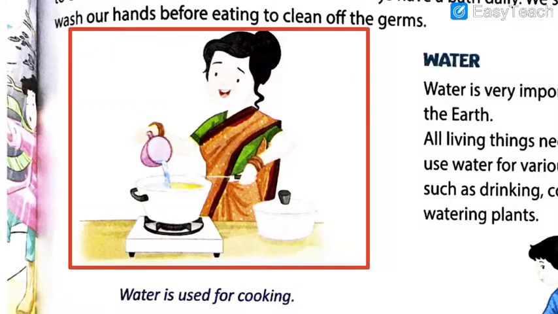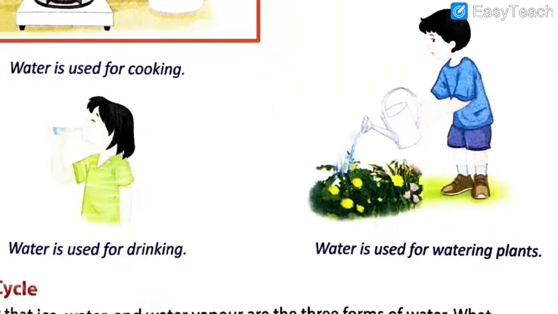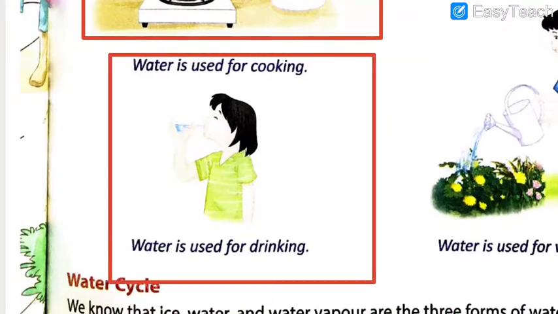Now I should say, students, not only the living things but also non-living things. Now you will say, sir, you have really gone mad. How do non-living things need water? For example, if you have a vehicle and you keep it outside, it becomes very dusty. Don't you need to wash it? So I should say that we cannot separate water from our life. Even our body is 70% water. Yes, it is true. So all the living things need water.